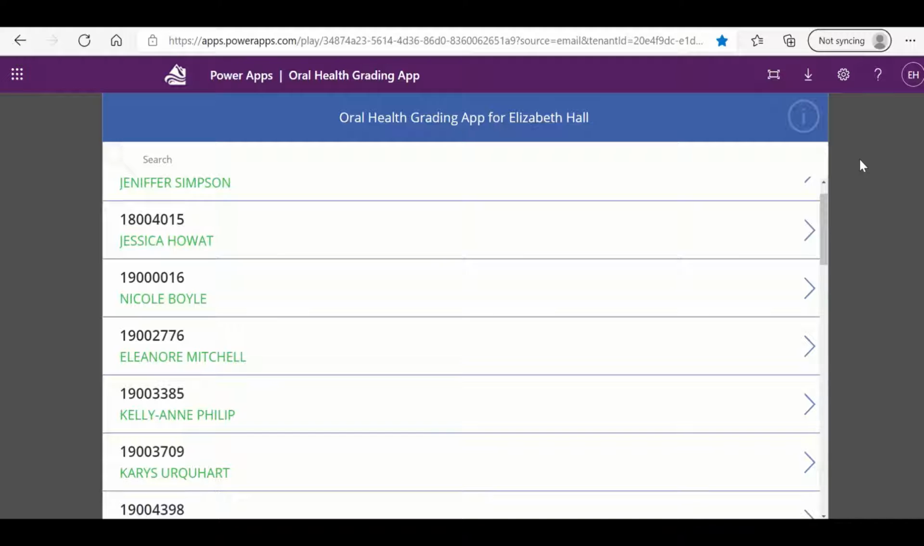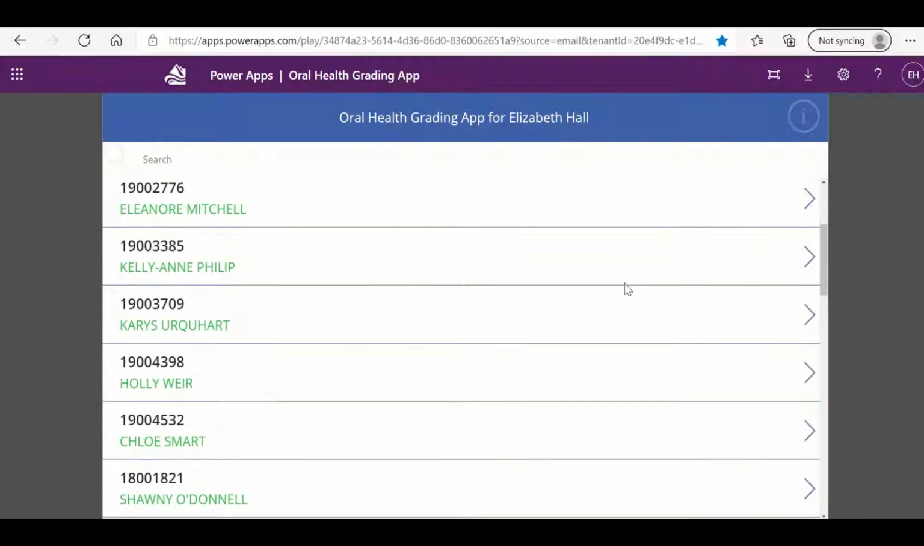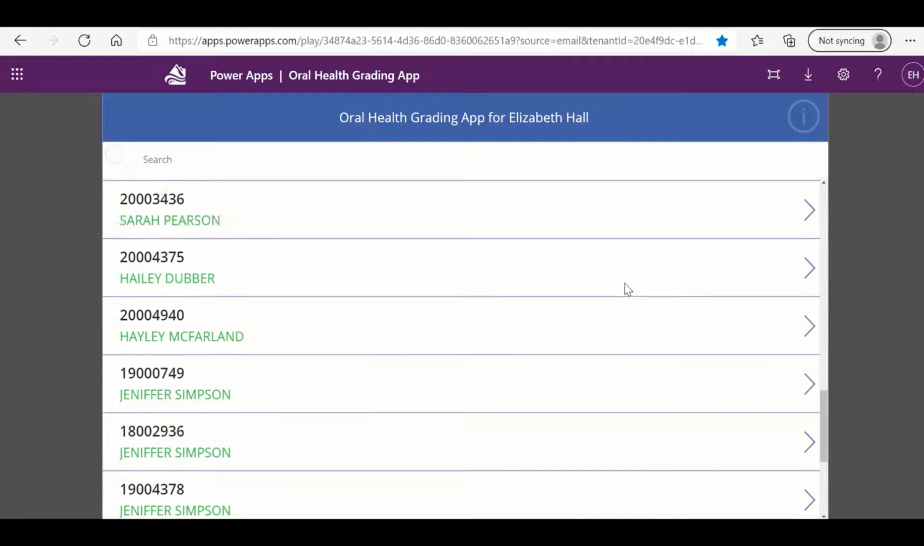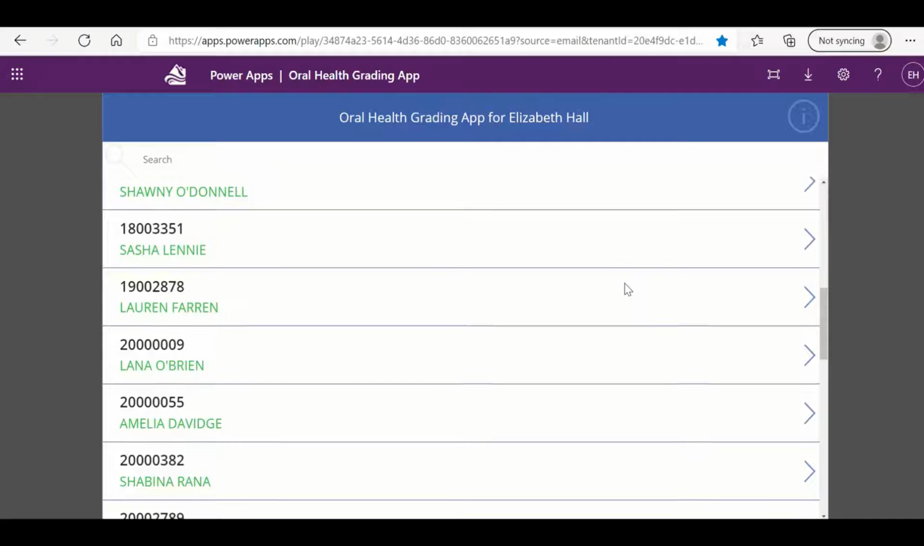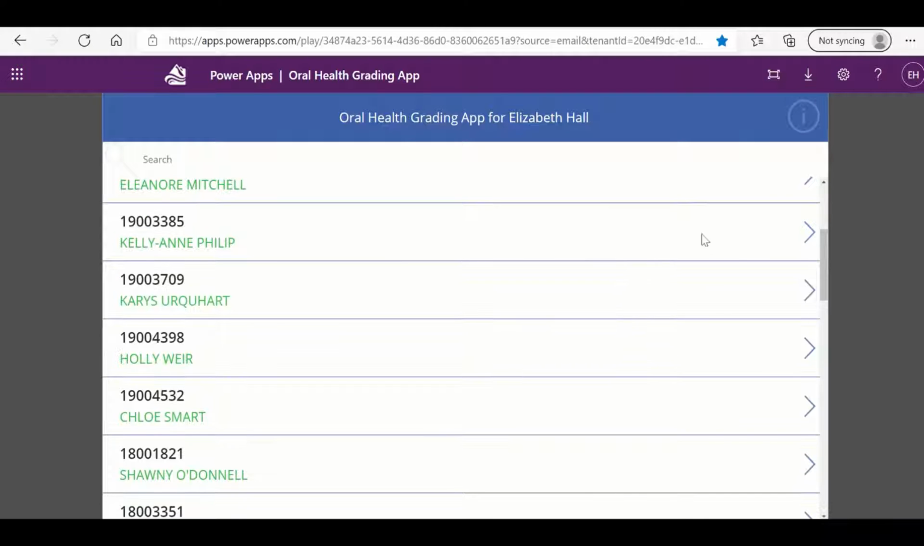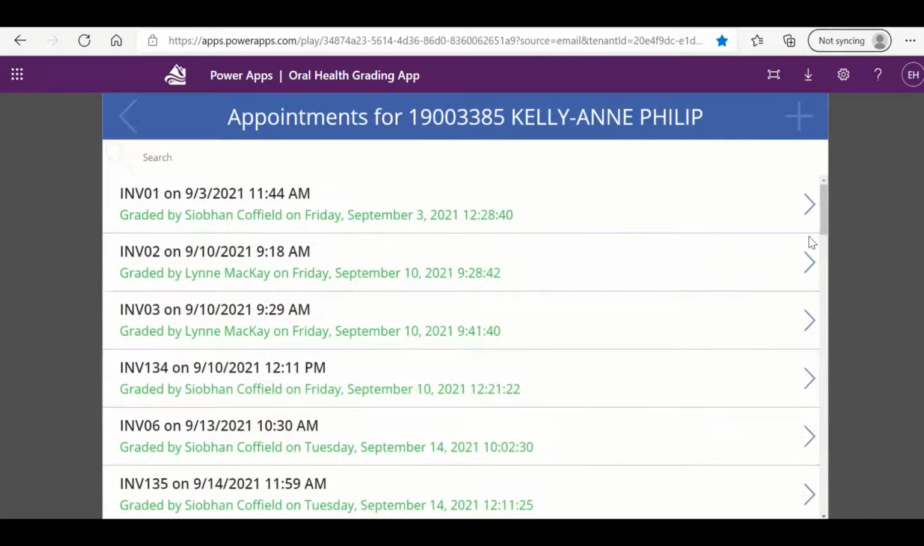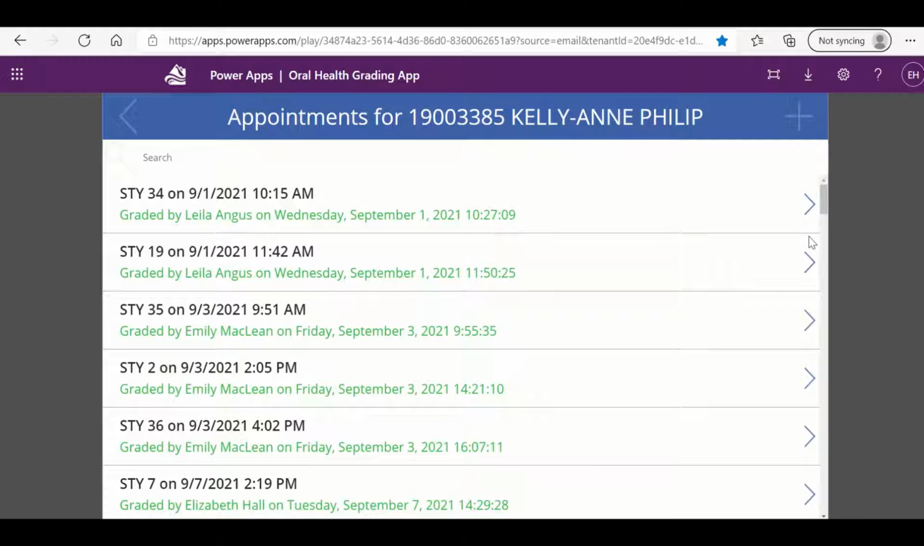When you first log into the clinical grading app, this is the screen that you'll see. All the students that are currently seeing patients on clinic will be listed on here. So the first thing you need to do is find the student. I'm going to use this student here as an example. So you just click on the arrow pointing to the right, and it will take you into that individual student's